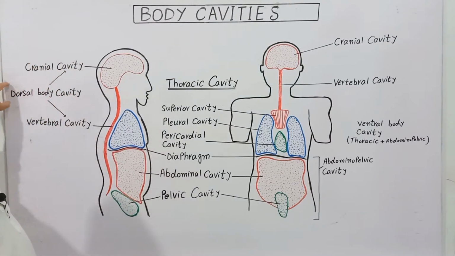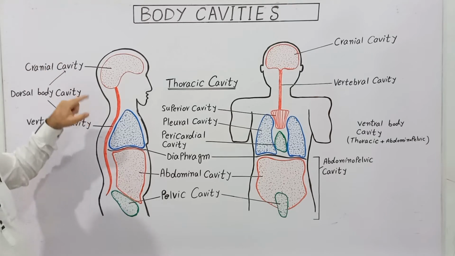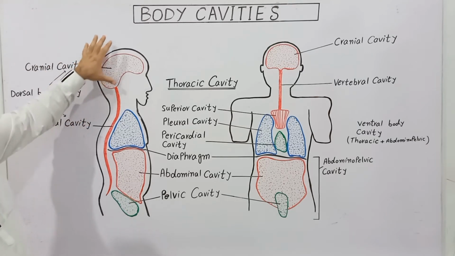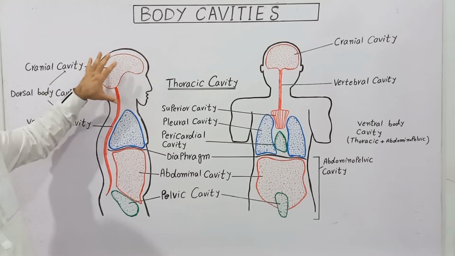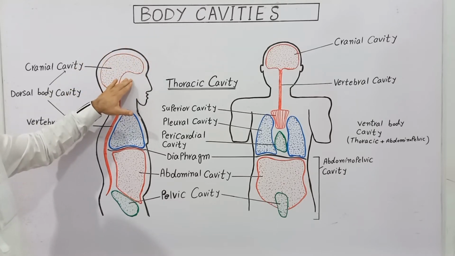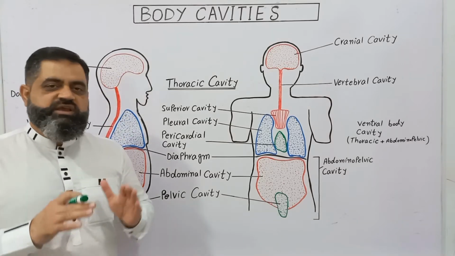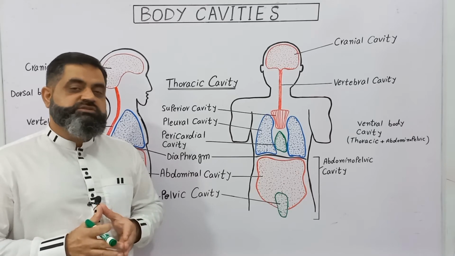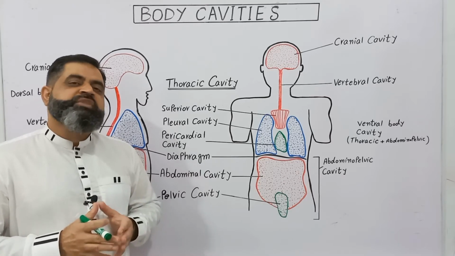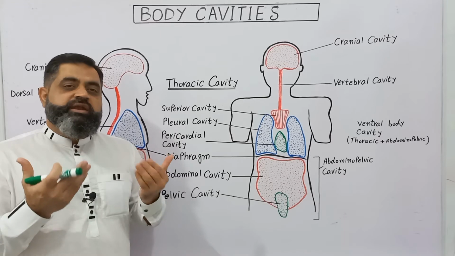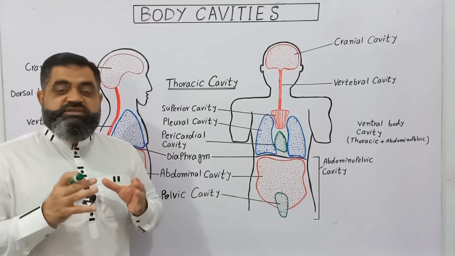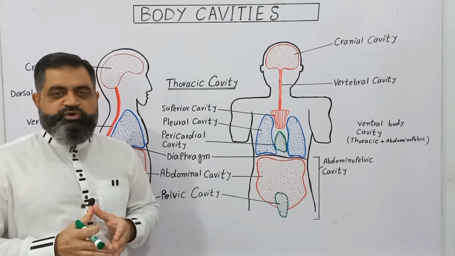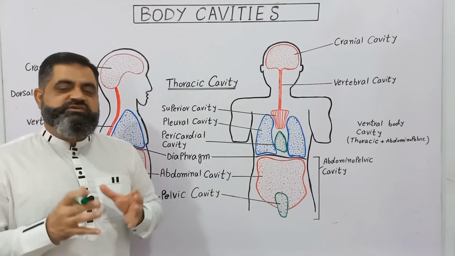The dorsal body cavity includes two cavities, the cranial cavity and the vertebral cavity. The cranial cavity is present inside the skull, in the head region, and it includes the brain. This cavity is surrounded by meninges, three meninges, which are known as pia mater. These meninges also contain cerebrospinal fluid, which plays a very important role in the protection of the very fragile brain